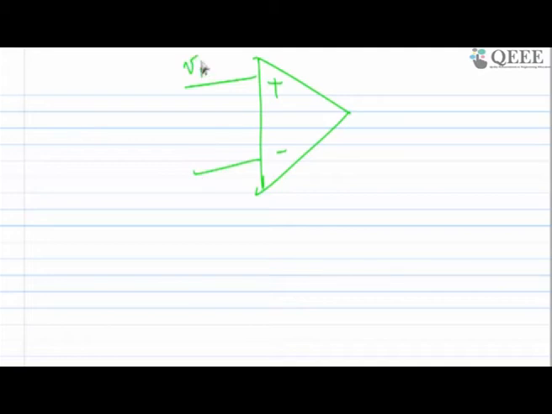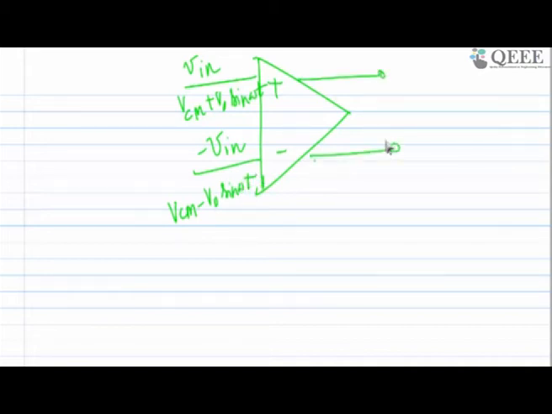One is V in, one is minus V in, or one is VCM plus VO sin omega t, and one is VCM minus VO sin omega t. This is what I want to do in my laboratory, and I want to check how much is the output. But look, if you want to use these as a signal at the input side,